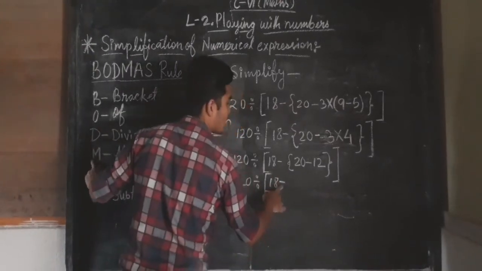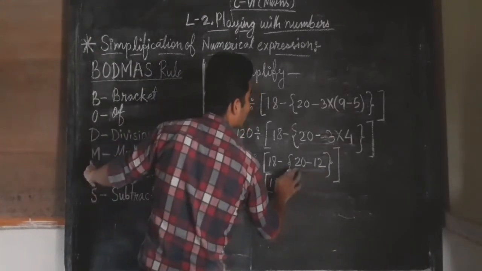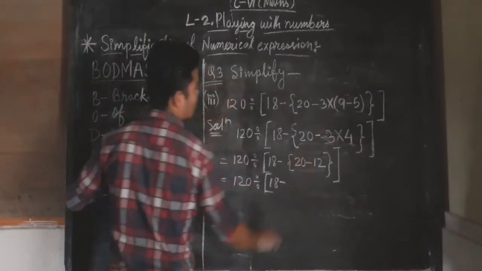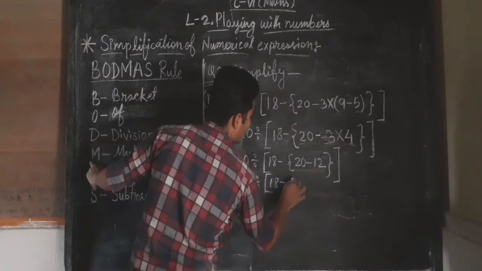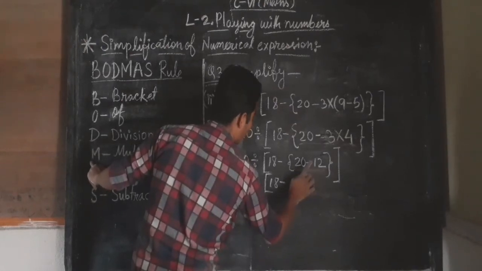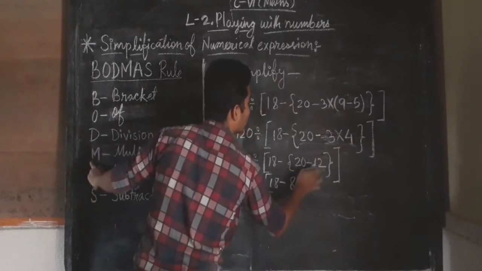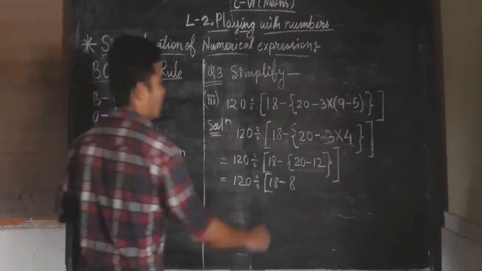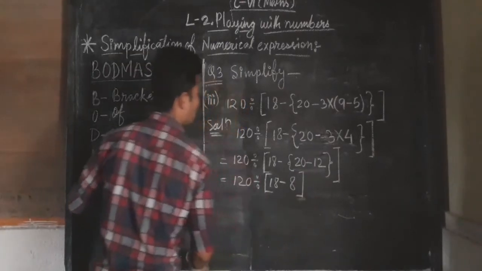You see 18 minus, till here I have written. Now see, you can see here one final calculation left. We can open a bracket when the final calculation is left. You can see 20 minus 12 will be how much? 20 minus 12 will be 8. So we have done the final calculation, so the second bracket is removed, and still the third bracket has to be opened.